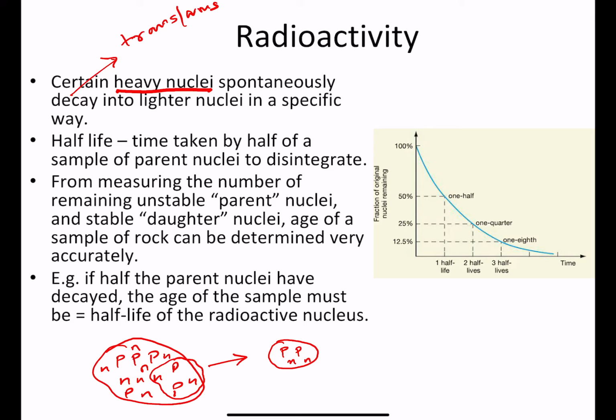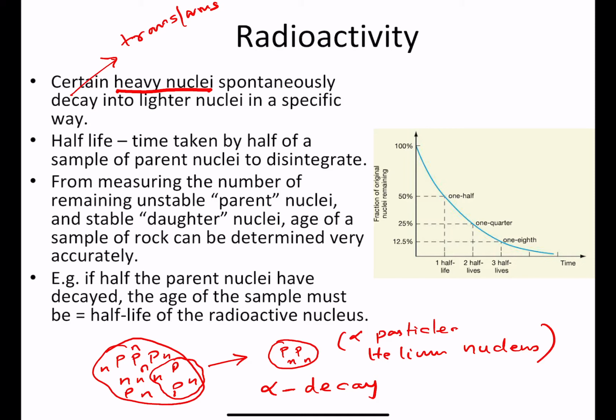This particular type of process is called alpha decay. Decay, remember, doesn't have anything to do with the English meaning of the word decay, it just means transformation. It's called alpha decay because, before people knew that this particle was a helium nucleus, they called it an alpha particle. They knew some particle was coming out of the nucleus, but they didn't know what it was, so it was called an alpha particle, which we now know is a helium nucleus. So the point is that certain heavy nuclei can spontaneously turn into lighter nuclei, and I showed you one method in which that might happen, by shooting out an alpha particle.